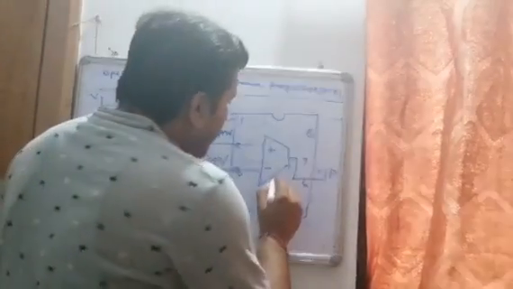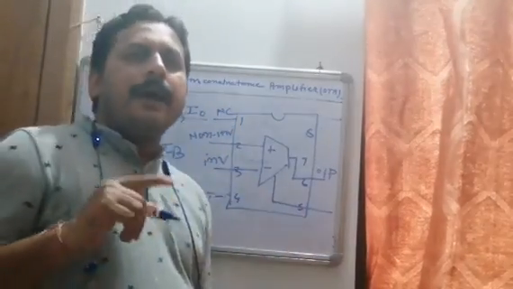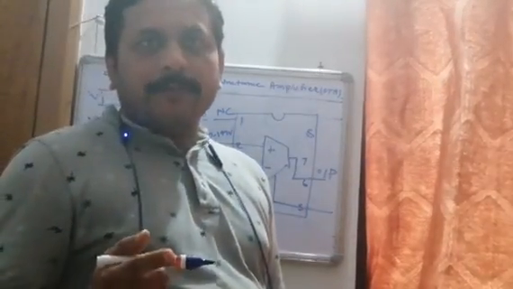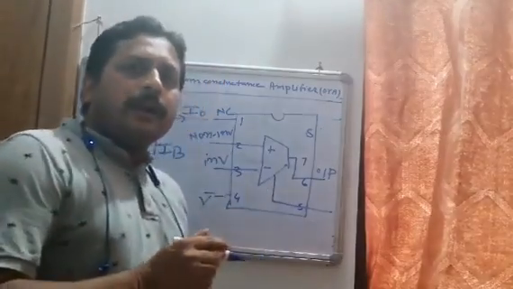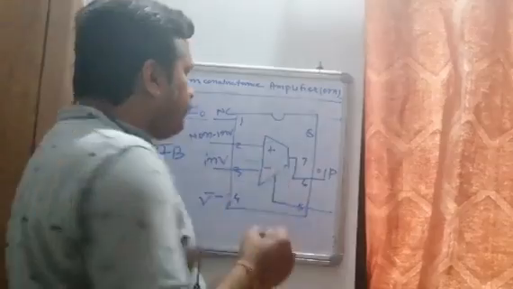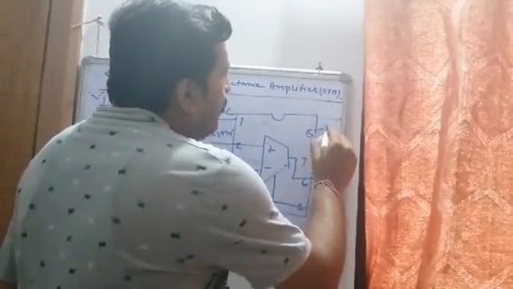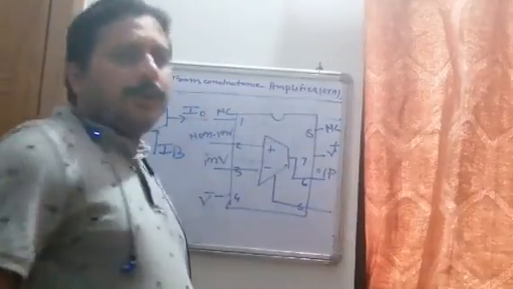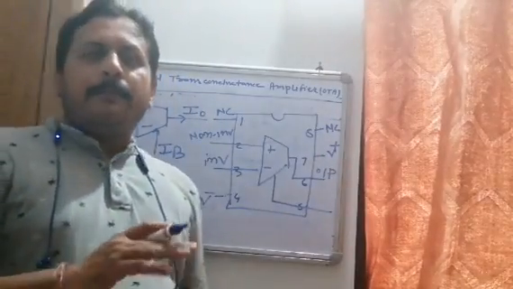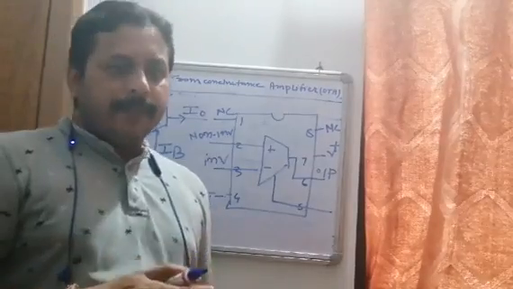And at pin 5, as I have discussed, we have applied bias voltage or bias current to tune the transconductance or voltage gain of this OTA. Pin 7 we have to apply plus VCC and pin 8 is NC, not connected. This is the pin configuration or pin diagram of OTA.